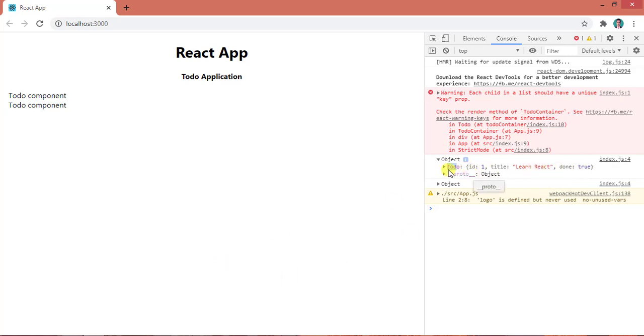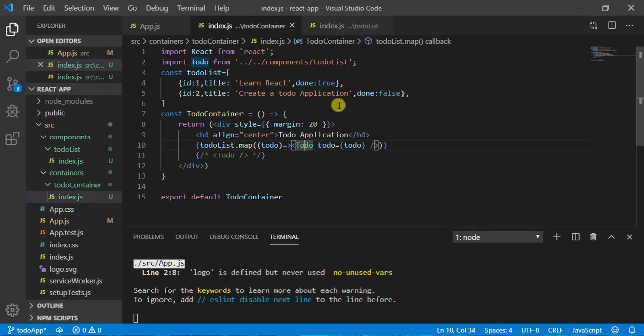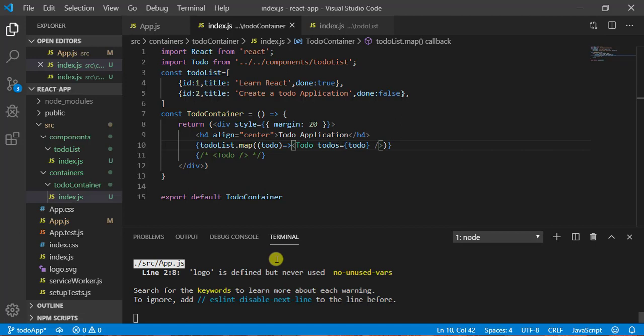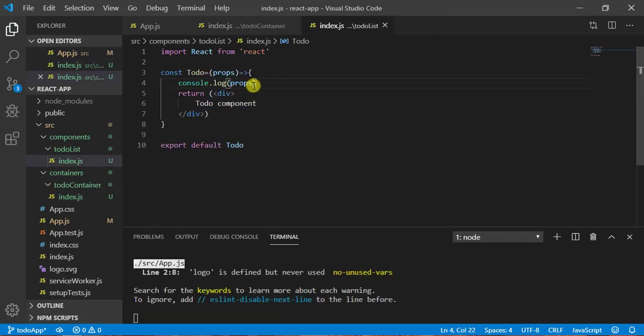Okay, so you can see here this todo is matching this one. Okay, so if I write here todos, you can see here I will be getting this as todos. So this is the single todo I am passing. Okay, so now these props have this property called todo.